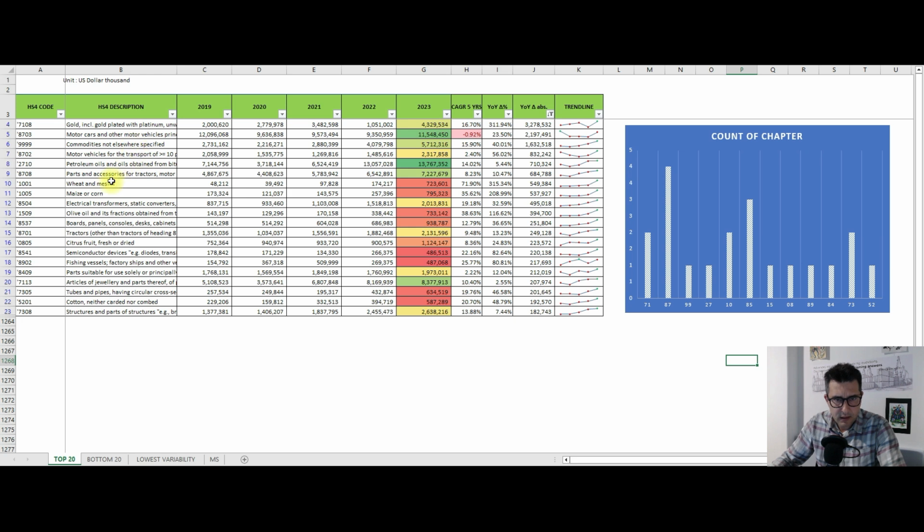And the list goes on with, I don't know, petroleum oils. We see parts and accessories for tractors, wheat follows with a positive change around $550 million. We see what else? Maize or corn, electrical transformers follows. We have tractors, so heading 8701. Citrus fruit is next with a compound annual growth rate for the last 5 years around 8.4% and a year-on-year change of $223.5 million. Then we see semiconductor devices with a $220 million positive change and a really impressive compound annual growth rate around